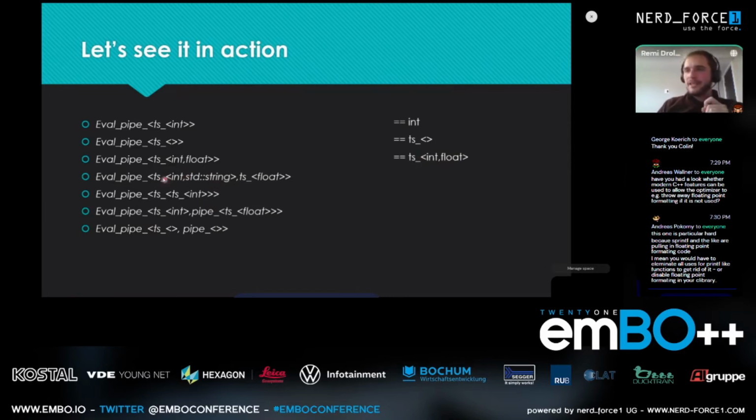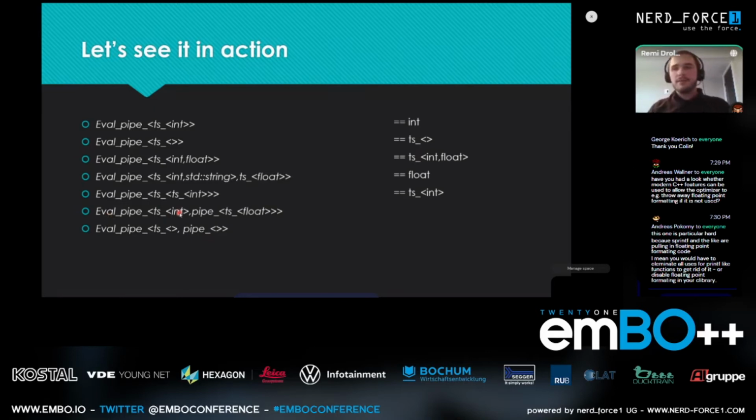Just to be sure that you understand TS: TS of int string, TS of float. The first TS will output int and string, which will be received by the second TS, and then it will completely ignore it and just output float. So it's float. Now it's a little bit more of a corner case, but TS of TS of int. Well, it's one type, so I can output it as TS of int. I don't want the TS to be recursive too much, so it's TS of int.